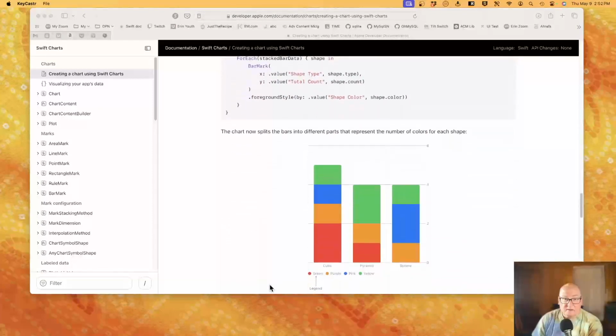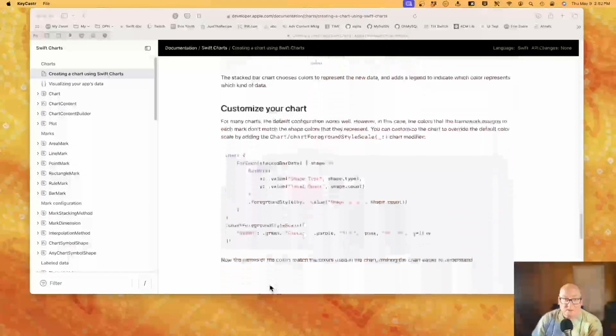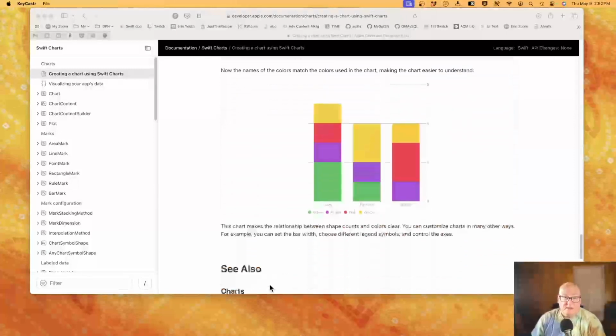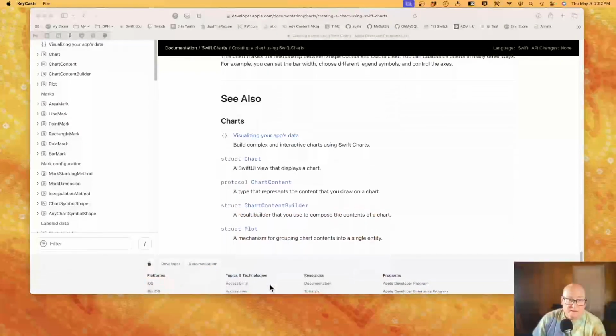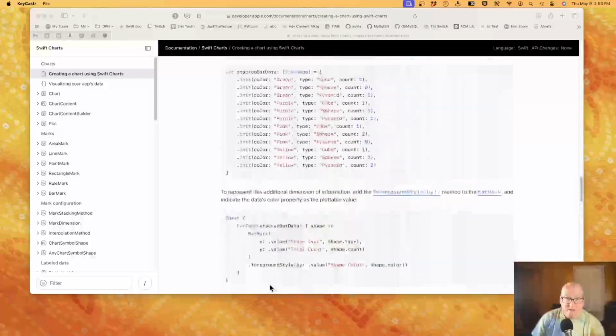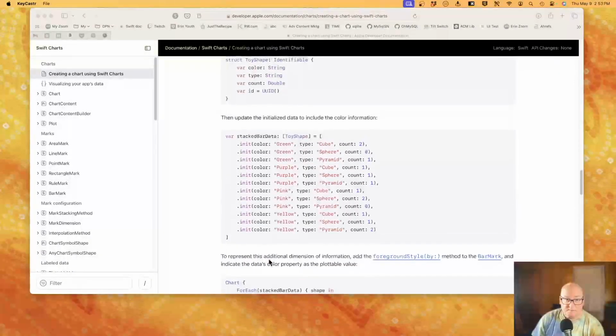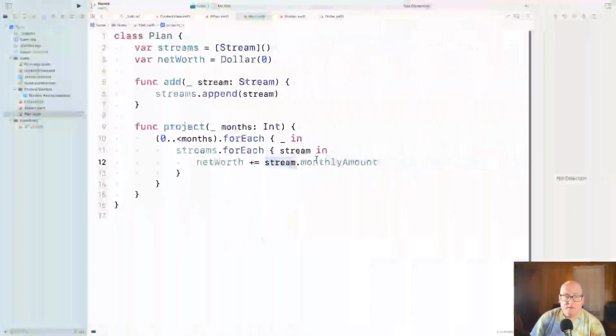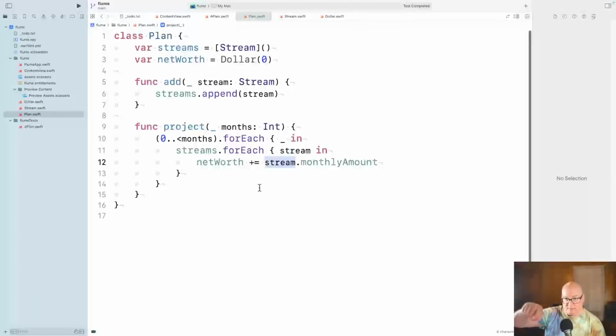Okay, that's pretty. But I want a line chart. Okay, but somehow my data elements, well, they're really just going to be the dollar amounts of my net worth at a given time, right?